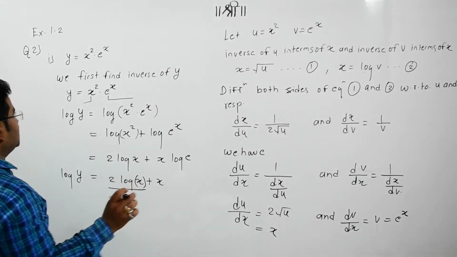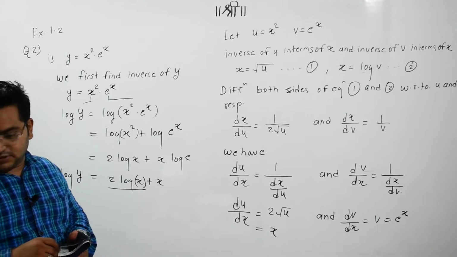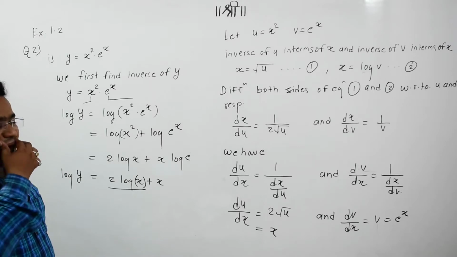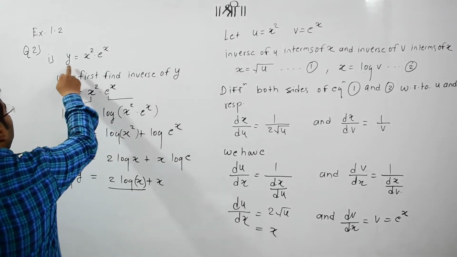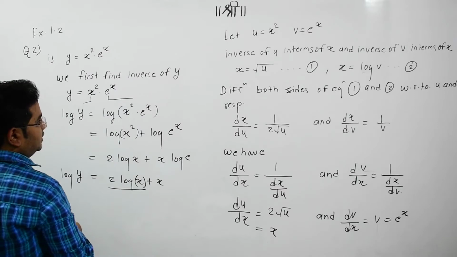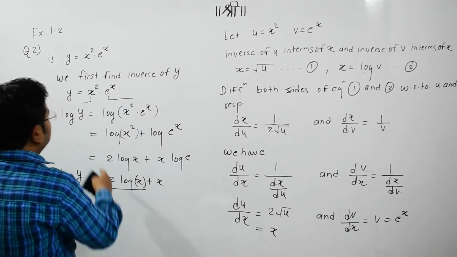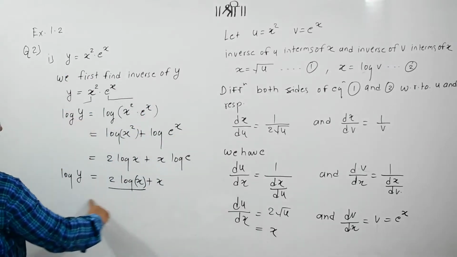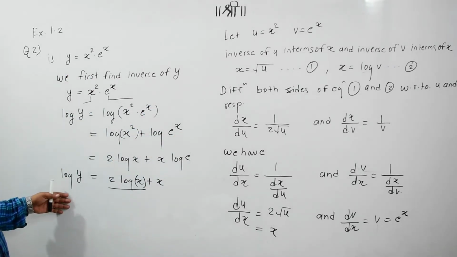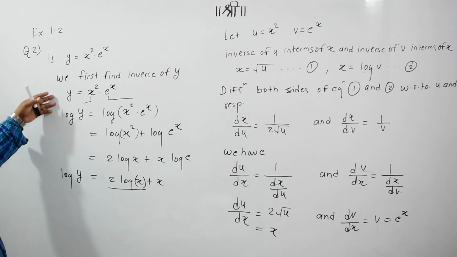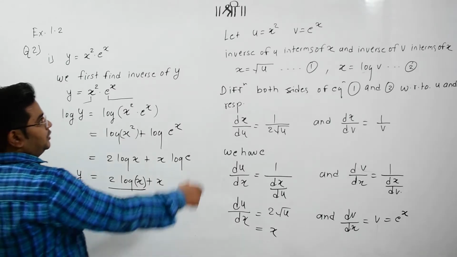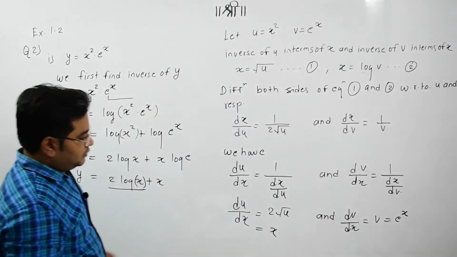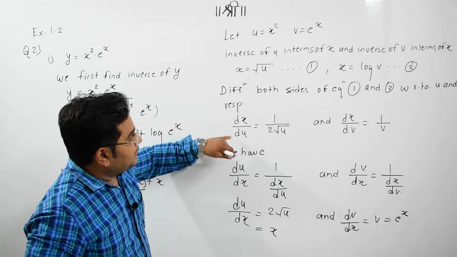I am doing one simple thing, and it indicates one particular parameter. We are dealing here with y is equal to x square times e raised to x. But the main problem is that if you want to find the inverse of y directly, we cannot find it directly. So we need to move through this whole process. This initial step is not useful. What we need to do is consider this as u and this as v, and separately we apply the inverse process within this u and v,